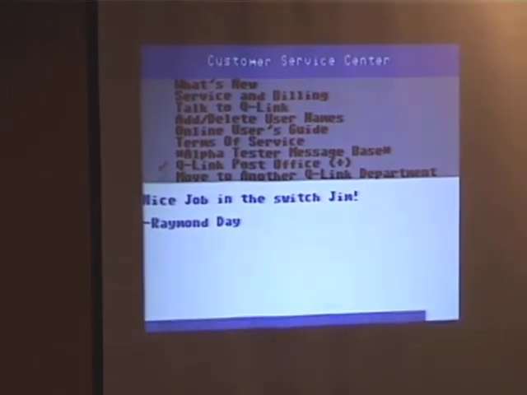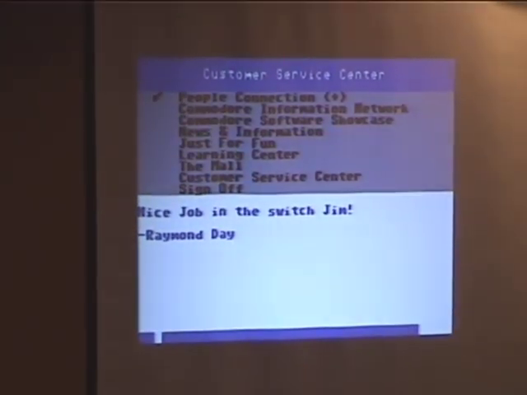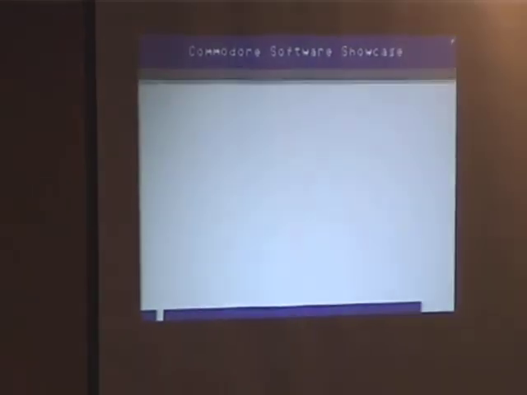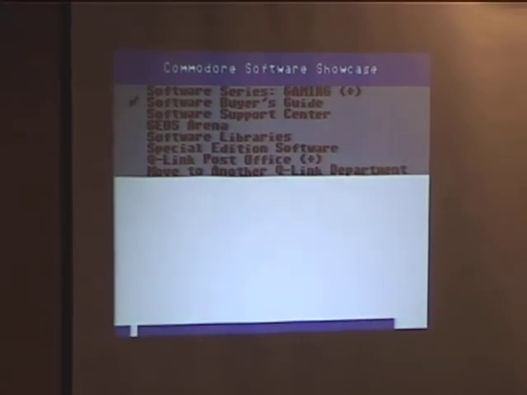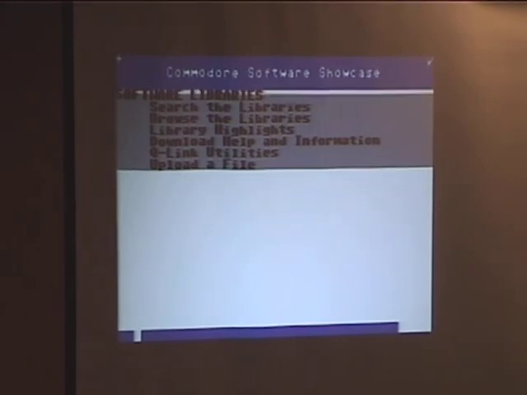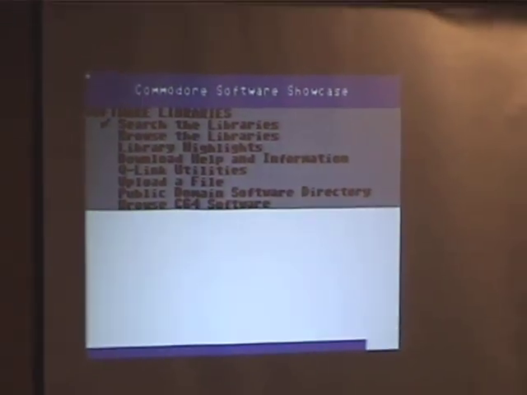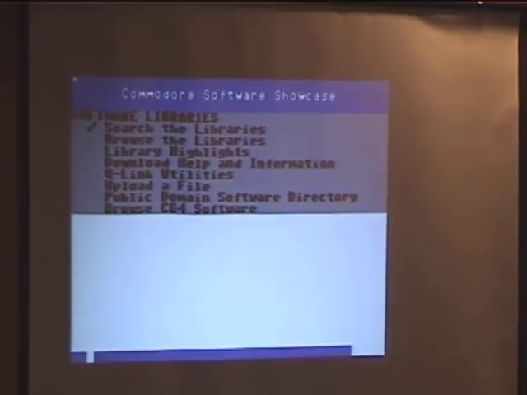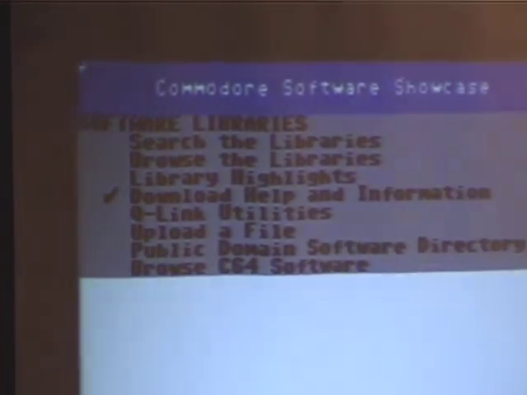And let's see. Oh, I was going to show one more thing. Whoops. Go to the software showcase. Right now we do not have the complete library up, but we do have one of the files. Notice what's in the top left-hand corner. I'm on plus time, because I didn't pay anything to start with. Let's see. I have one file up. Yeah, we have a sample file loaded.